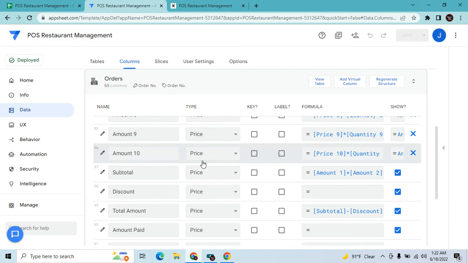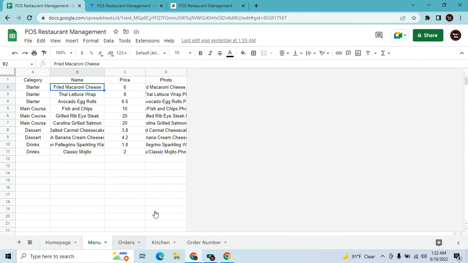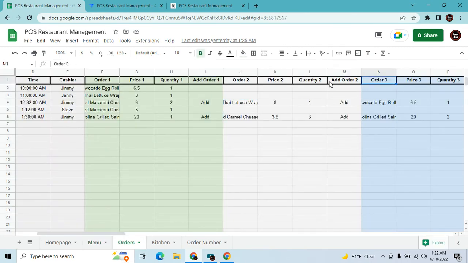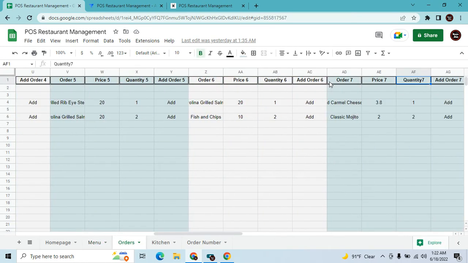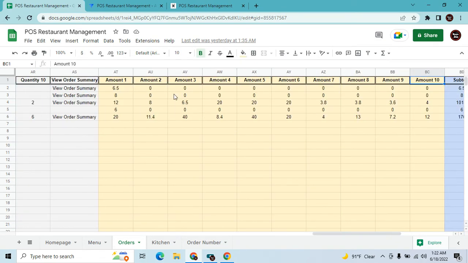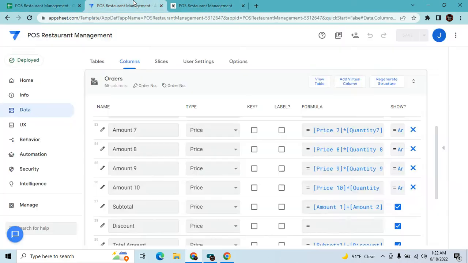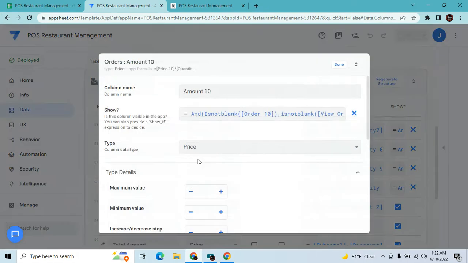Since your maximum item is 10, you will have to make a column here. I will show you. So we have amount here up to 10, since we're going to have a 10-item POS. Then you have to apply all of this formula up to amount number 10, which is the same,